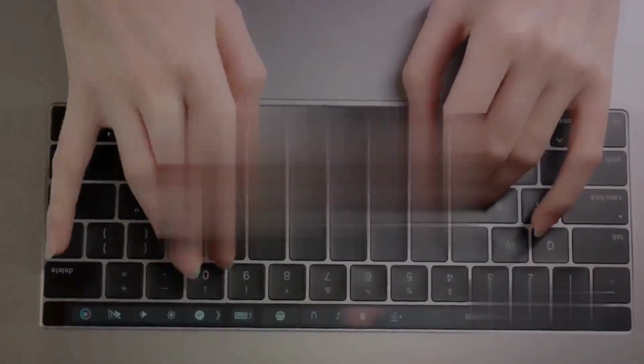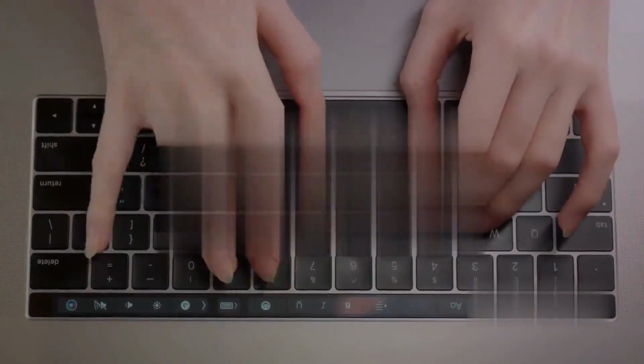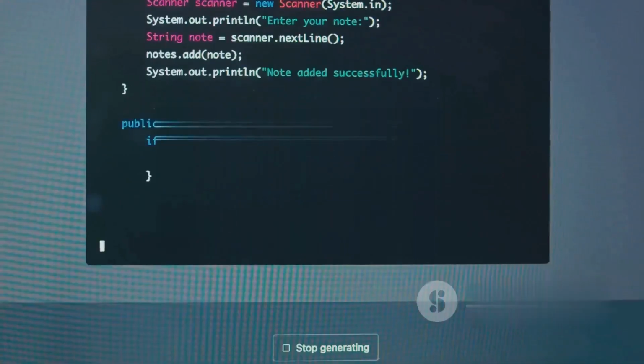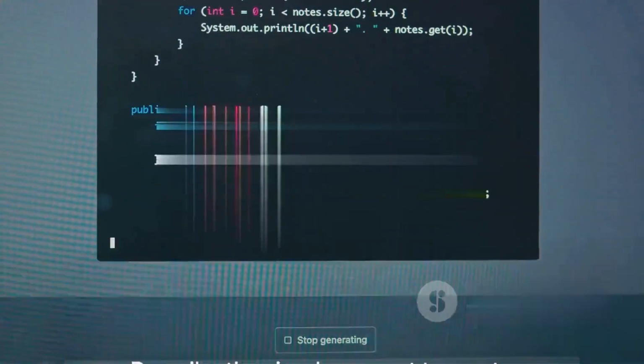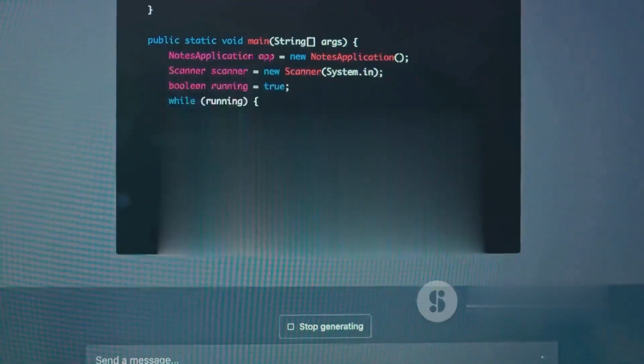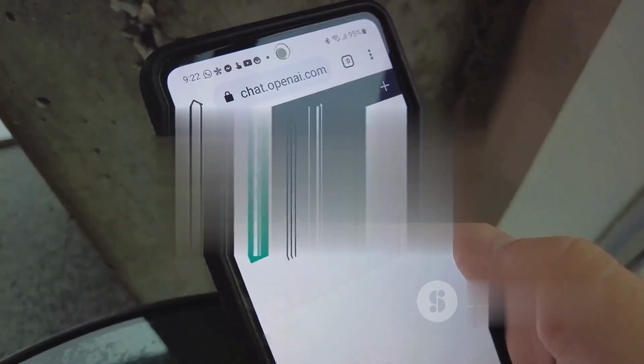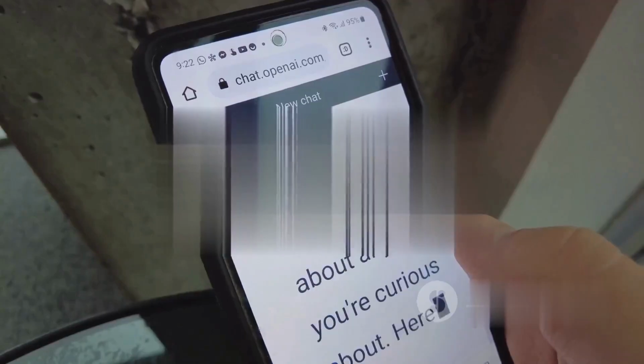Simply fire up ChatGPT on your browser, head over to the plugin store in the plugin section, and install the Canva plugin. Once you've done that, go back to the main window of ChatGPT and select Canva from the plugin section. Then comes the fun part. In the prompt box of the chatbot, describe the visual you want to create. For instance, you could say, "I am an AI enthusiast active on Twitter. Create a banner for my account." This will generate a list of visuals, and you can pick your favorite, edit it in Canva, and download it